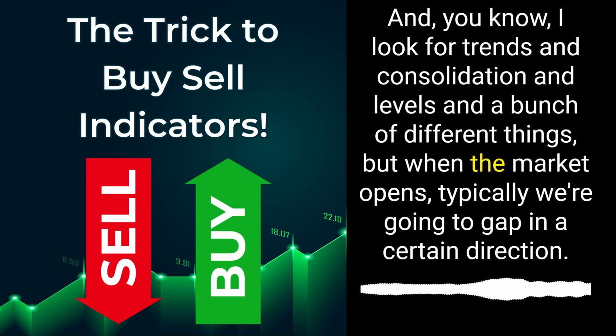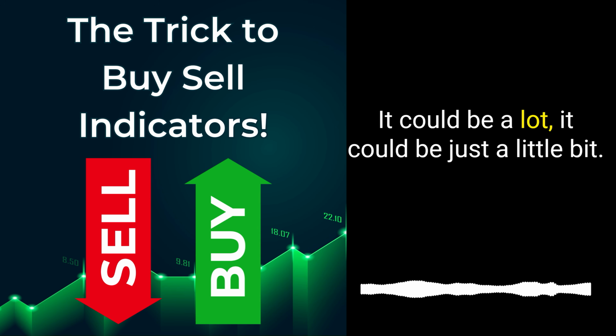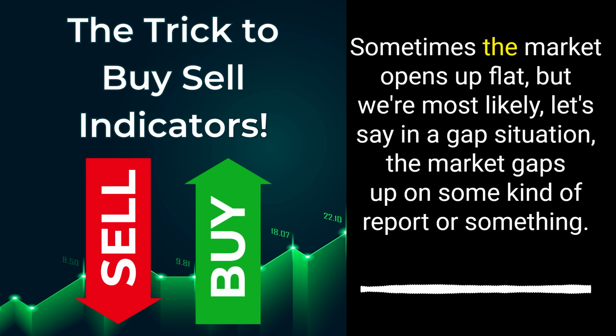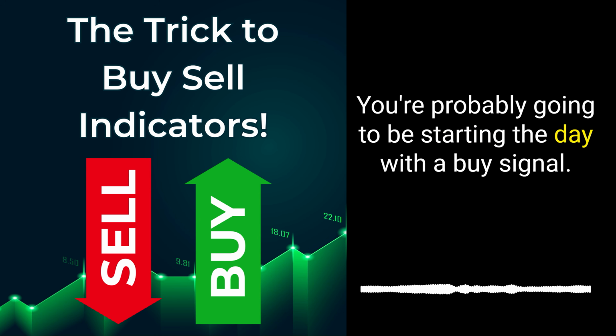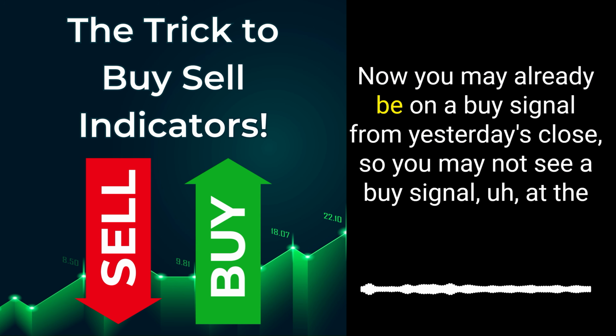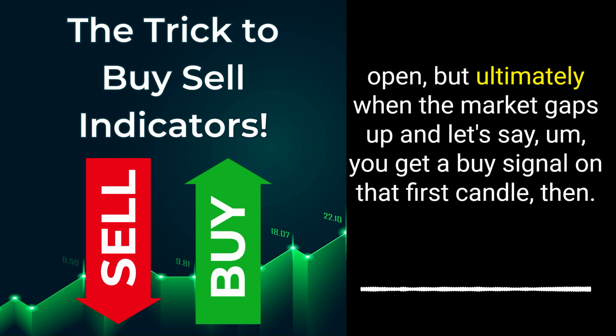But when the market opens, typically we're going to gap in a certain direction. It could be a lot, it could be just a little bit. Sometimes the market opens up flat. But let's say in a gap situation, the market gaps up on some kind of report or something. You're probably going to be starting the day with a buy signal. Now, you may already be on a buy signal from yesterday's close, so you may not see a buy signal at the open. But ultimately, when the market gaps up, and let's say you get a buy signal on that